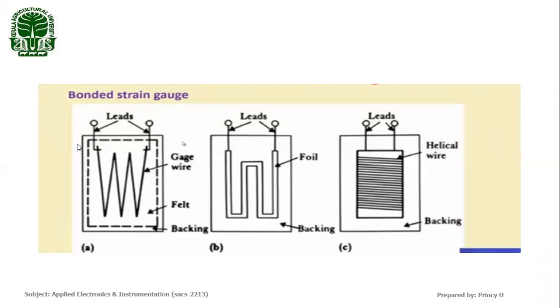So we paste this on the surface where we need to measure strain, and we take these outer terminals and connect them to one arm of the Wheatstone bridge. So the Wheatstone bridge can measure the change in resistance of this wire or foil as an output voltage. So the change in output voltage produced in the Wheatstone bridge will be proportional to the change in resistance of this metal. And the cause of this change in resistance is the application of force or stress on this surface of the material. Okay.